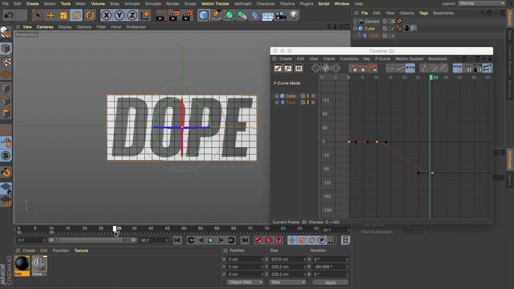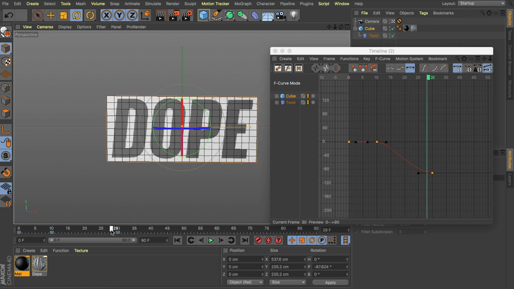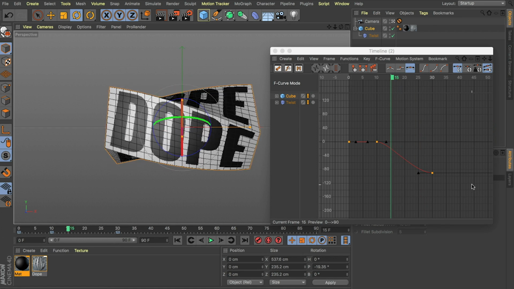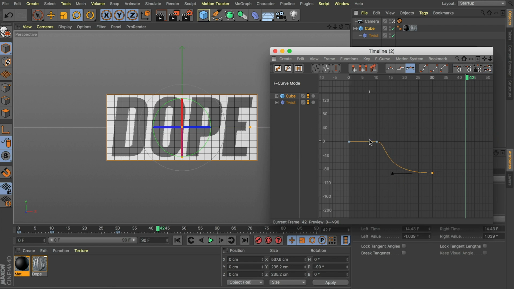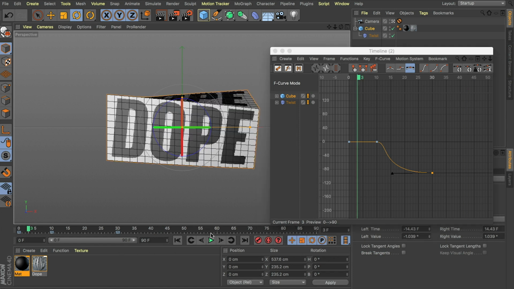What I'm thinking is I wouldn't mind it whipping around a little bit quicker and then easing into its final position. Let's grab our keyframe at frame 30, and I'm just going to stretch that Bezier handle. And what this is going to do is allow us to get into that position far quicker, and it'll ease into that final position.